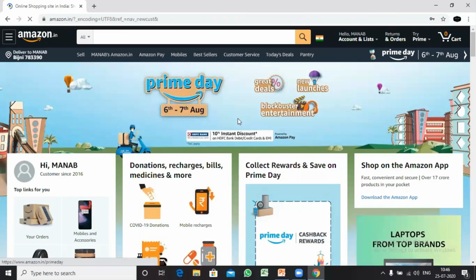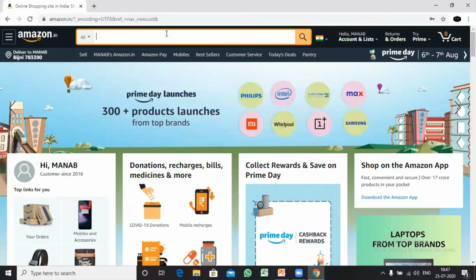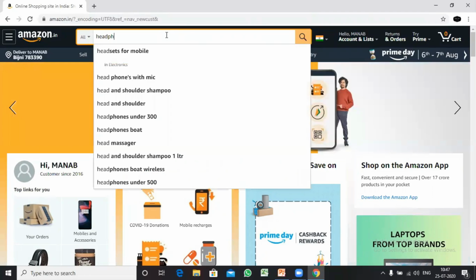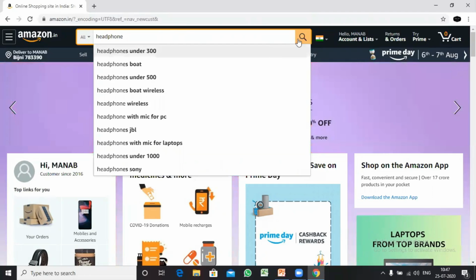So now we can search for the specific item by typing the name in the search box. For example, if we want to buy a headphone, right? Then we have to type headphone here. Then we have to click here on this search icon.